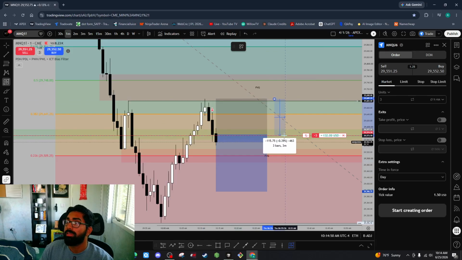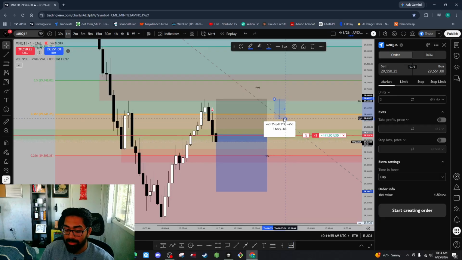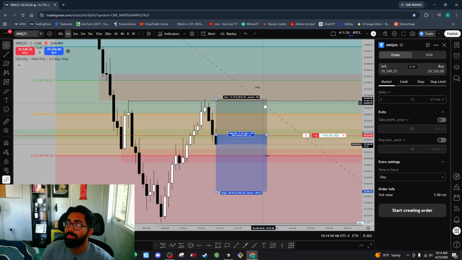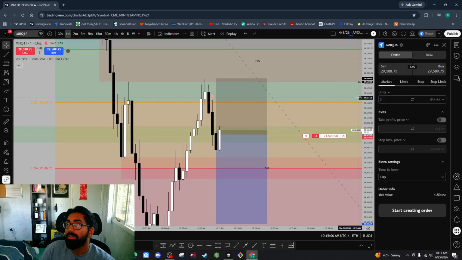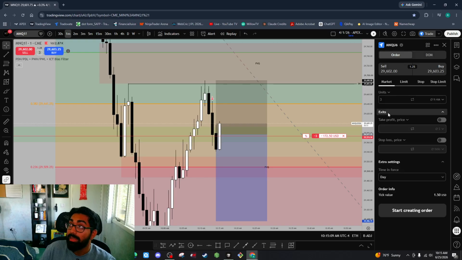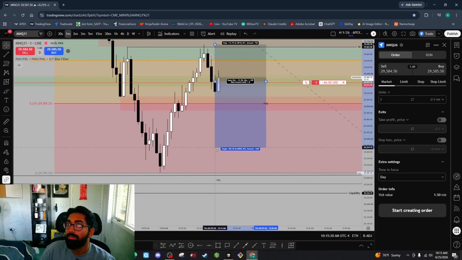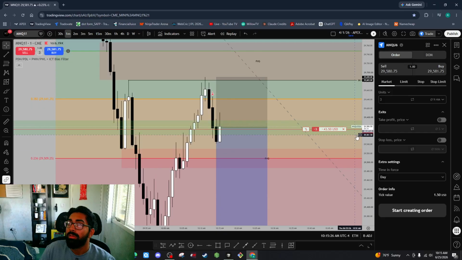The amount I risked for no more than $500 loss, right? So we have 115, about 100 points, 100 times 2, 200, 500 divided by 200. It's a little over 2 micros, right? It's about 2.5 micros. So 3 units is a little more than I should have risked. I think 2 would have been a good amount, but we're playing it out. Let's keep it at that, and I'll resume in a minute.